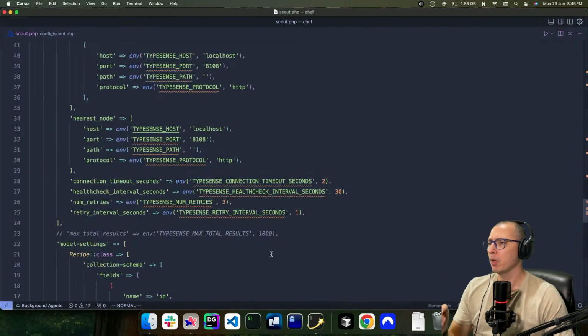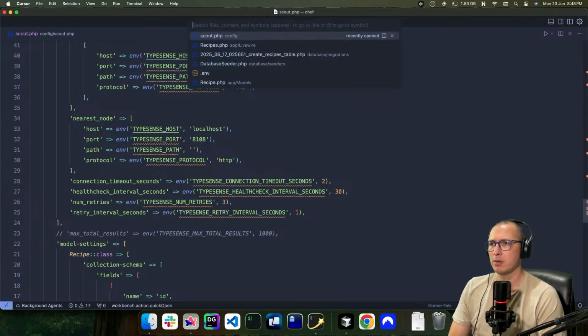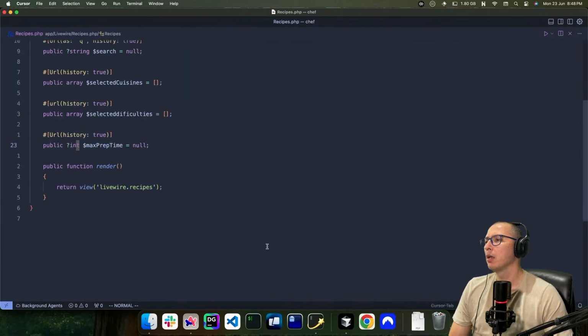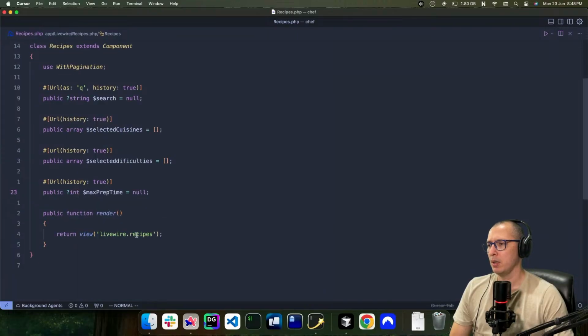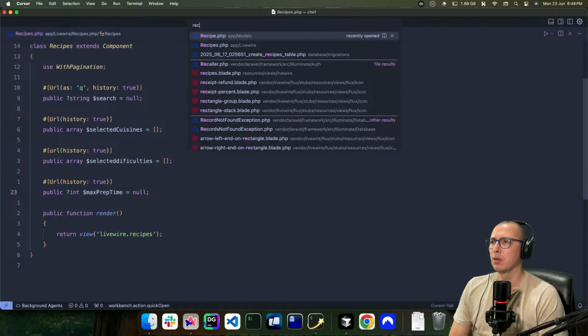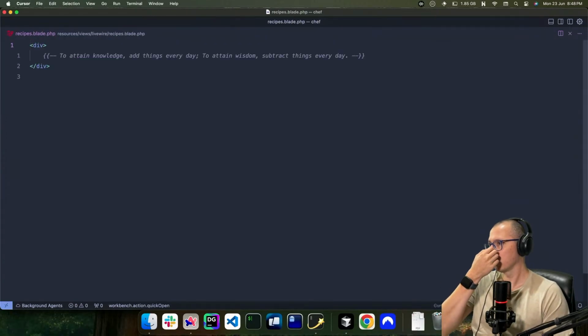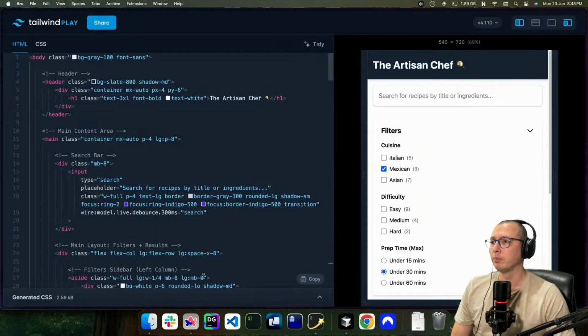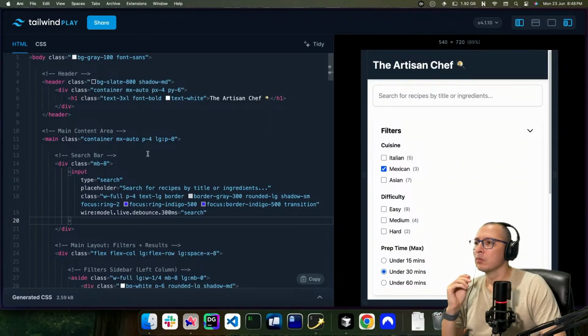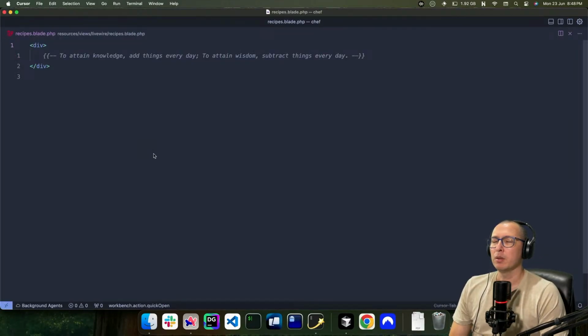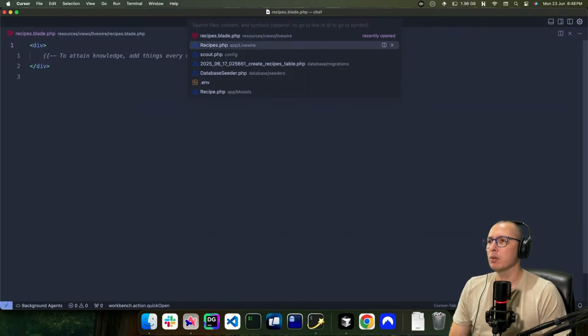If I remember correctly, I already have a component for this, which is recipes. And we have a template on Livewire recipes. And let me see the layout because I can't take all of the body of the HTML.